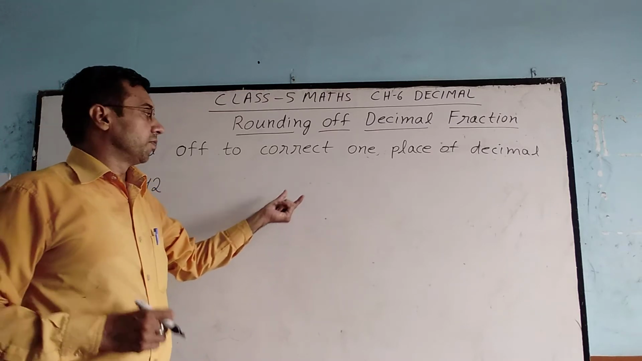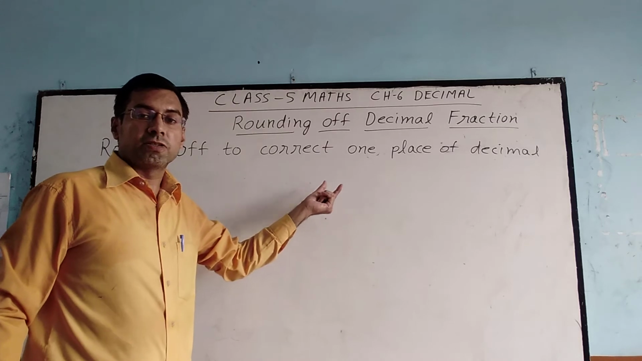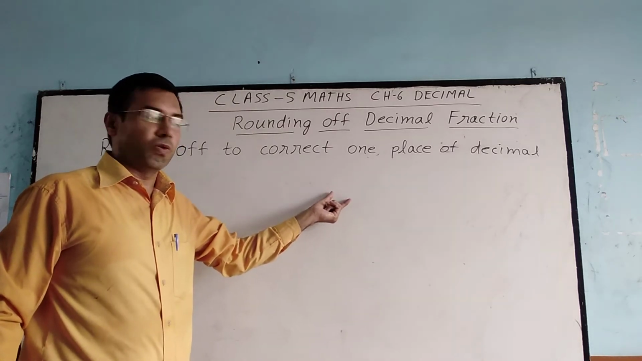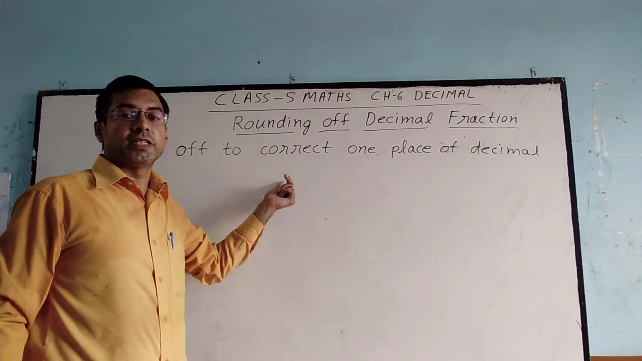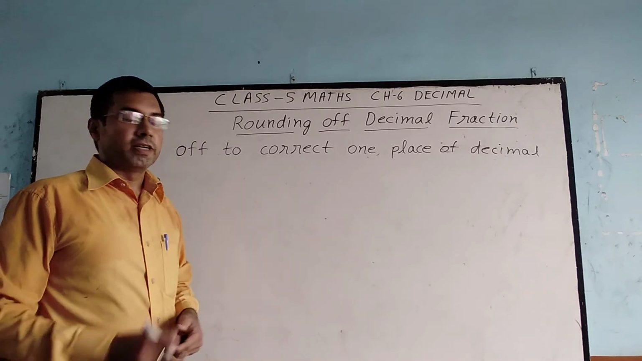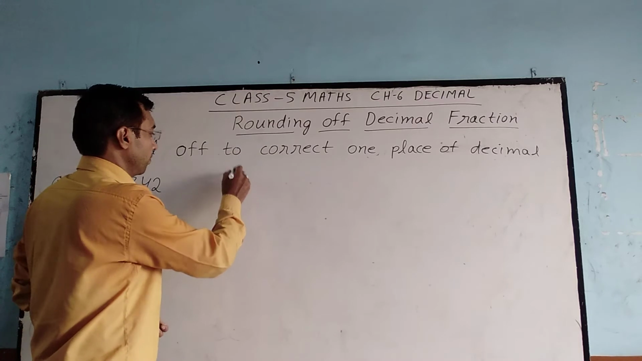do, student? We change the thousandth place digit to 0, the hundredth place digit to 0, and we add 1 in the tenth place digit. Let's see. First question,